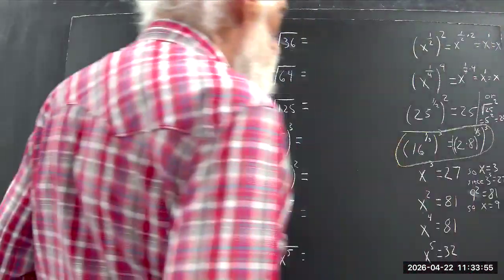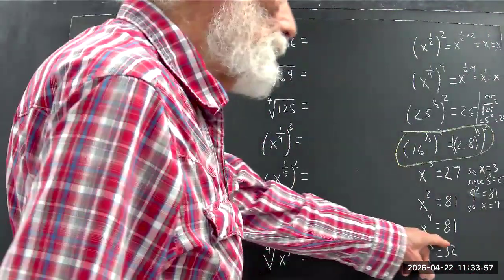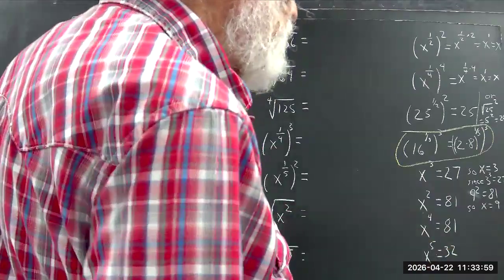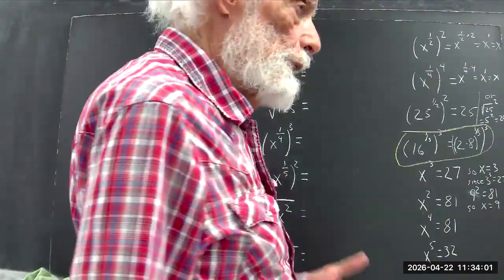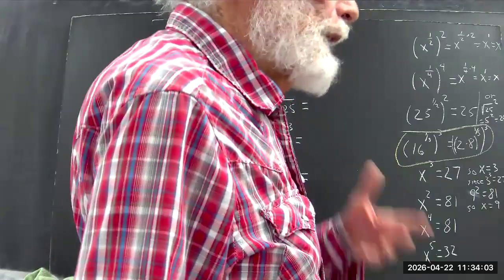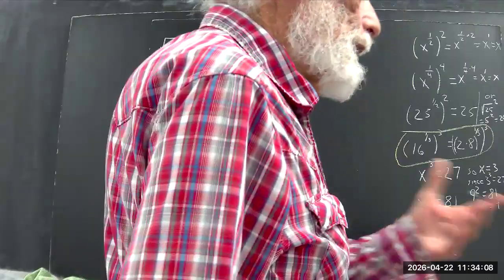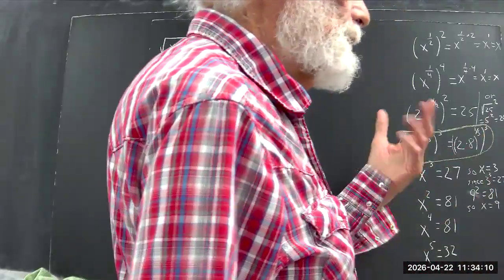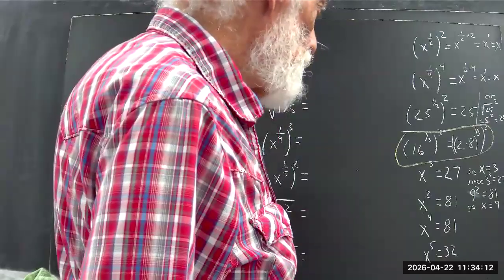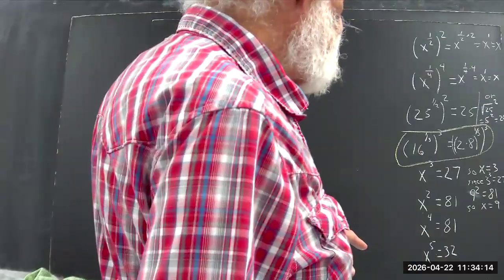So x equals 9. How about x to the 4th equals 81? Well, there are different ways to do this, but the simplest way is to try numbers. The number can't be too big, because if you square 9, you get 81. So you're not going to try the 4th power of 9, which would be 700. No, that'd be a 3rd power. But anyhow,